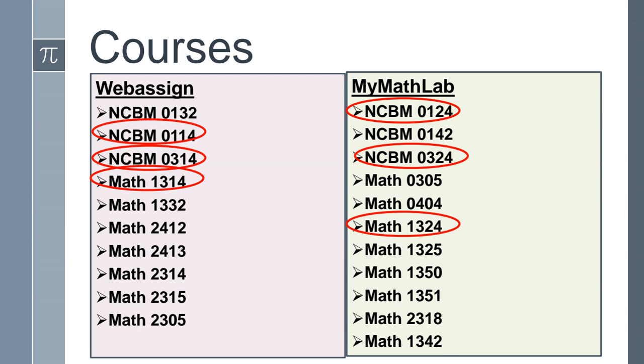Most of the sessions we're going to cover will help not only Math 1314 pre-cal students, but also students in NCBM 0114, 0314, and 1314. For students in Math 1324, this also will help those in NCBM 0124, NCBM 0324, and 1324.